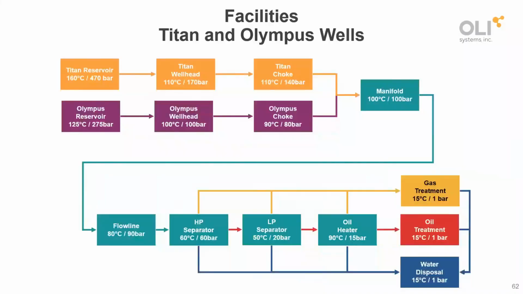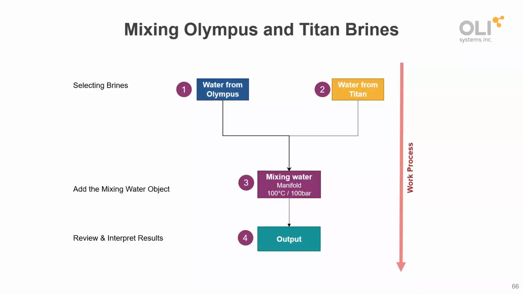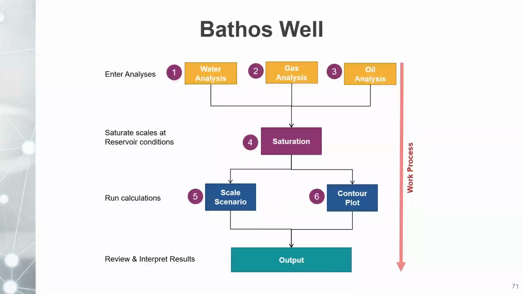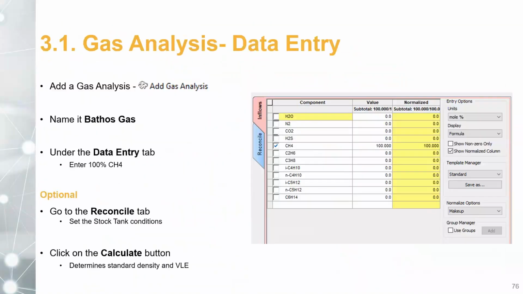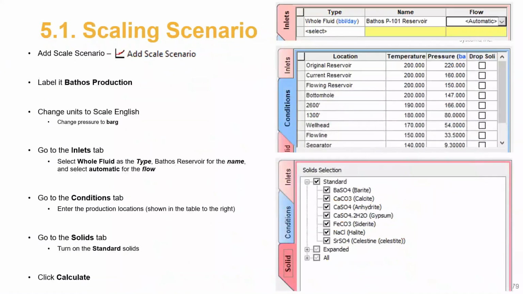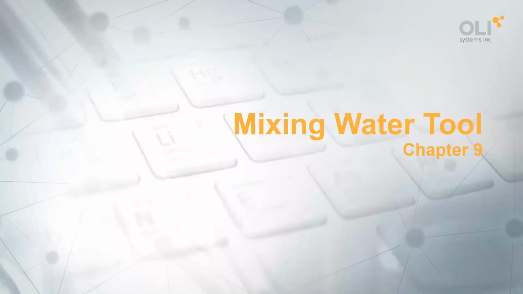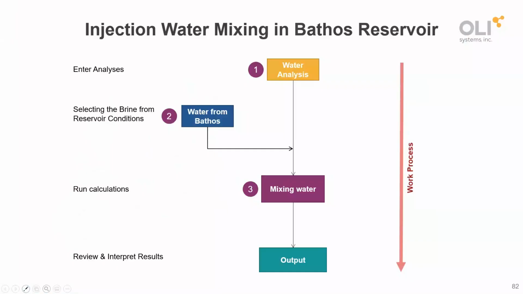This is actually not in the chapters, but this is what I want. Somebody asked a question about mixing some produced water with some other water, fracking water. In this case, it will be an example where I will be mixing the Olympus brine with seawater, okay? And I will show you how to do that. Actually, this says it's for another well, but it's the same step, so we can just go ahead and do this.